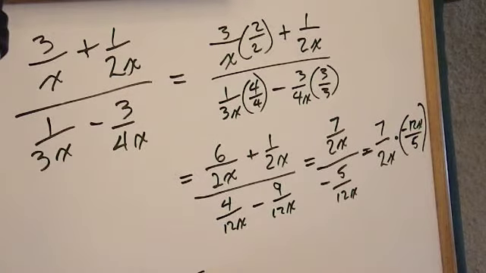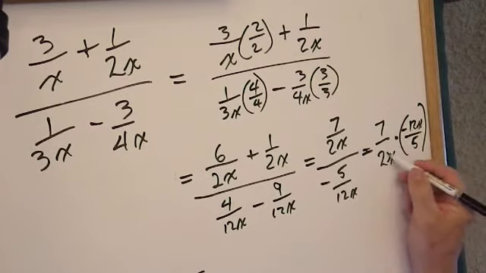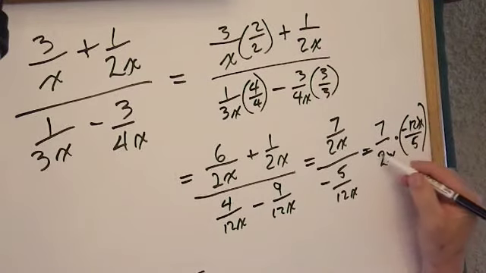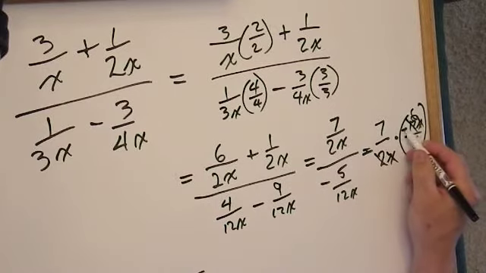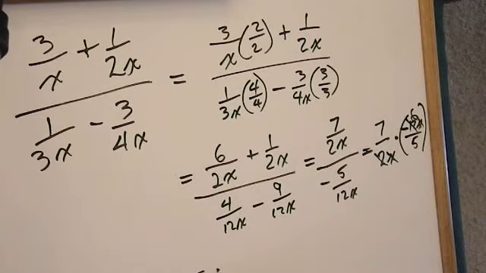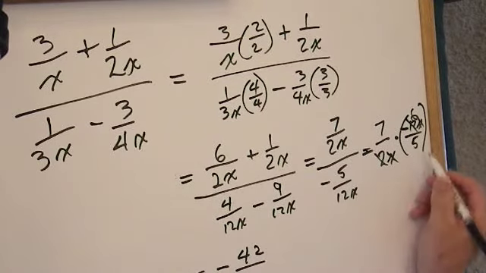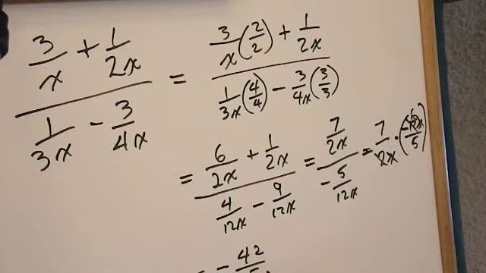And that'll all simplify down to be, well, the x divides into the x once, the 2 goes into the 12 6 times, but I don't want to forget that minus sign I've got here, so it's going to end up being a minus number. Minus 7 times 6 is 42, and on the bottom I've got just 1 times 5, so it's a 5, so I get a minus 42/5. Okay? Next we're going to move over